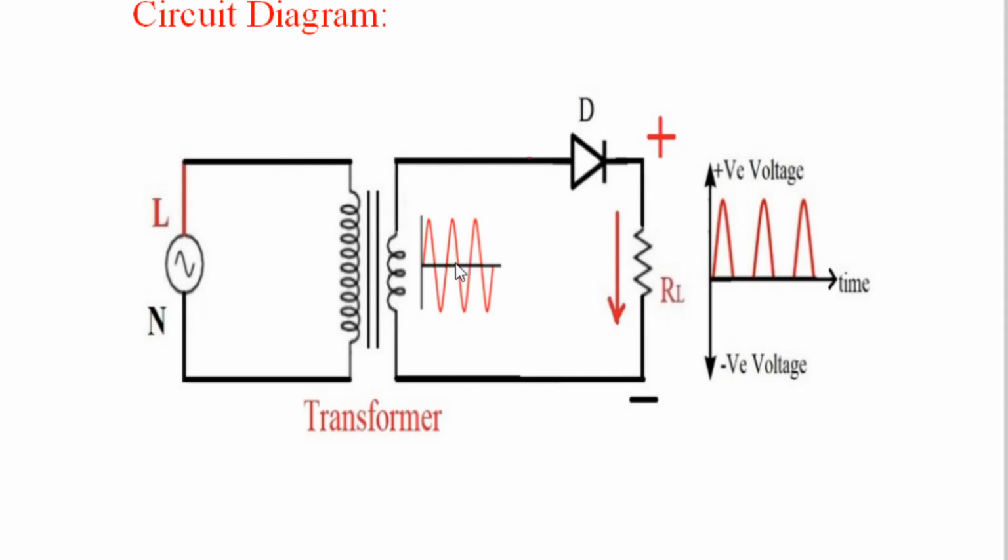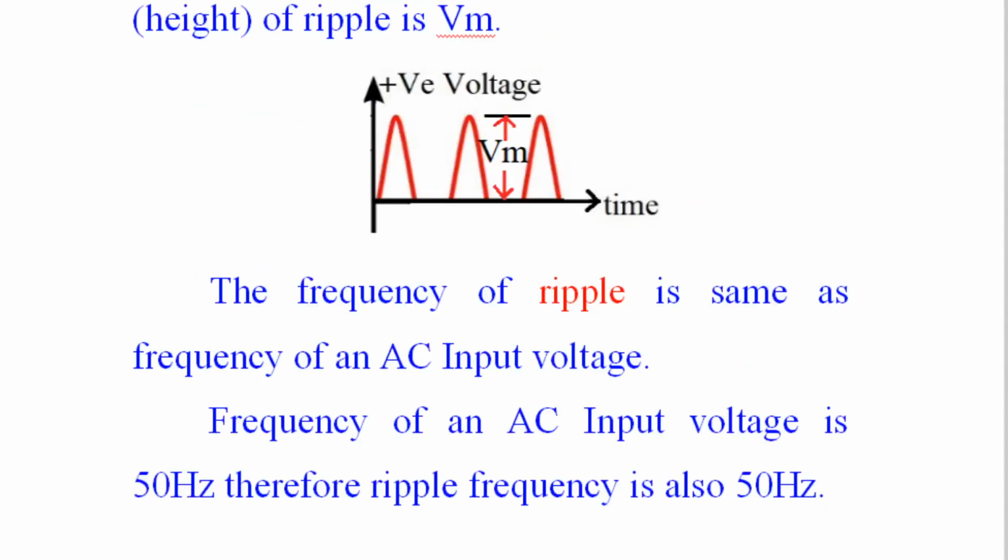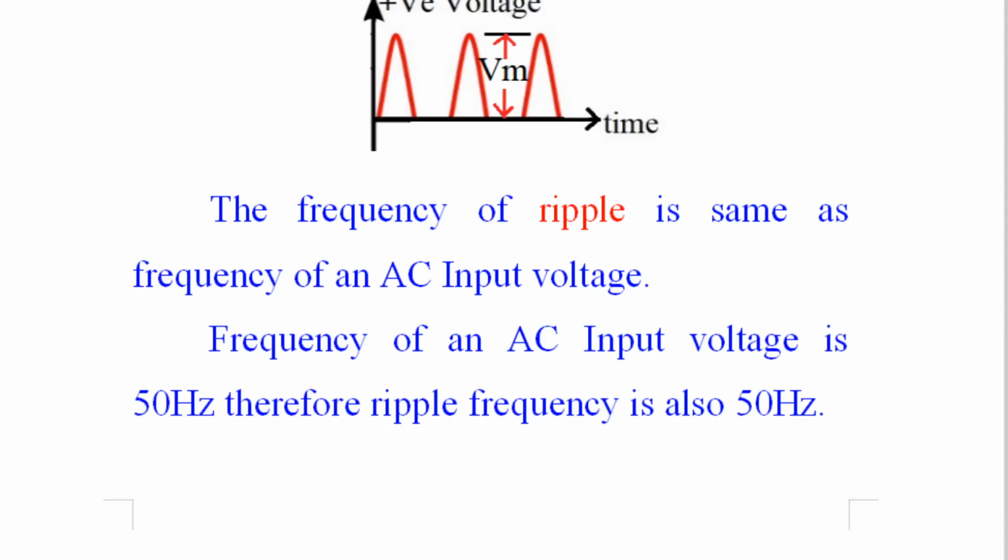During negative half cycle, therefore it is said that the current flowing through the transformer is only during positive half cycle, as well as the current flowing through the RL is also only during positive half cycle. During negative half cycle, current does not flow through the transformer. Therefore, the transformer is not utilized efficiently, and that is the reason why it is called transformer utilization factor. TUF, transformer utilization factor, in half-wave rectifier is almost 50%.